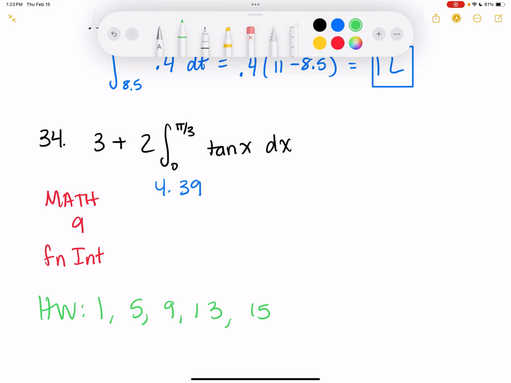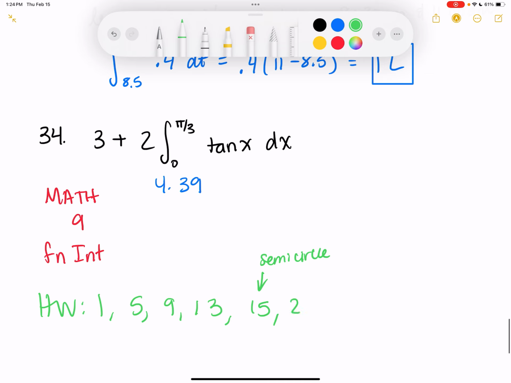It's easier than the one that we did. It's easier than 20 because it is just a semicircle with radius 3. There's no rectangle. So you'll just be finding the area of that semicircle, basically. Okay? 25,